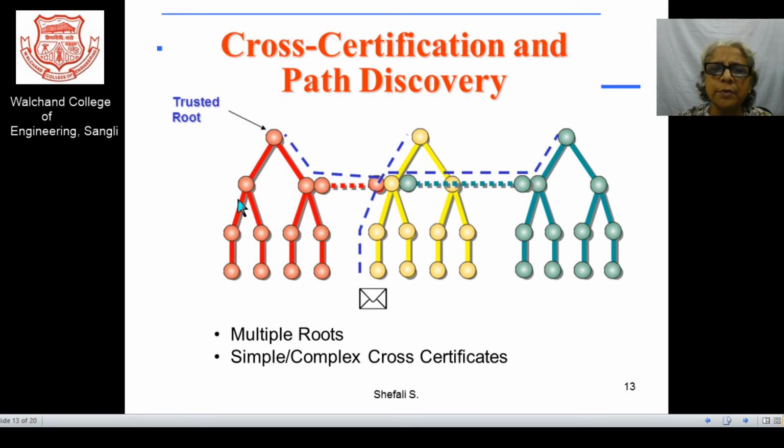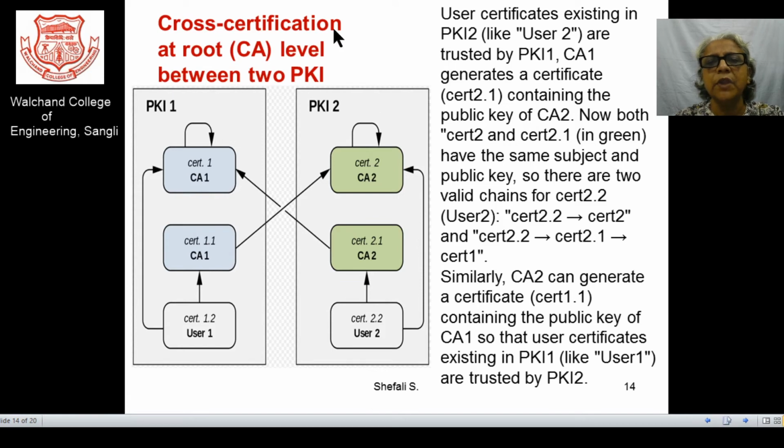So of course there should be some recognition at the self tree, and the connection of the second tree should be via the connection of the first tree. So every possible trusted root should be informed about the exchanges, or rather getting the facilities from one section, one perimeter or one tree to the other tree. So we can say that there are certain simple scenarios, and there are certain complex scenarios for cross certificates. Of course, these are carrying out multiple routes. So two of the scenarios I would like to discuss here.